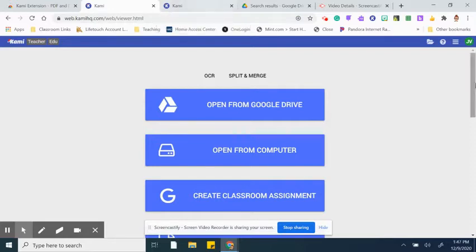Once you've set up Cami using the school email address, it will give you a license, and that might be important in the future, but it isn't at this very moment. But when your students want to use Cami, they too have to install the Cami extension, but they do not need to do anything else. They're going to install the Cami extension, and then when you go to Schoology,